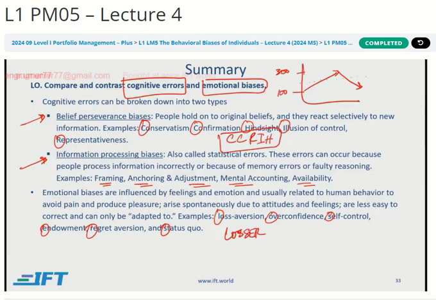But this one I believe is pretty good, right? LOSER. Because emotional biases definitely lead to losses, right? Because you let the weeds grow and you pull the roses out. So cut your losses short and let your profits run.